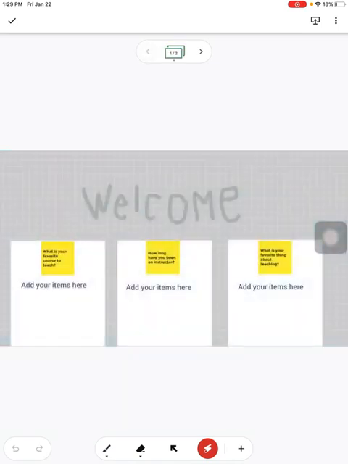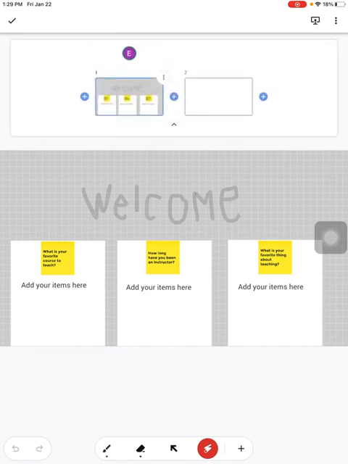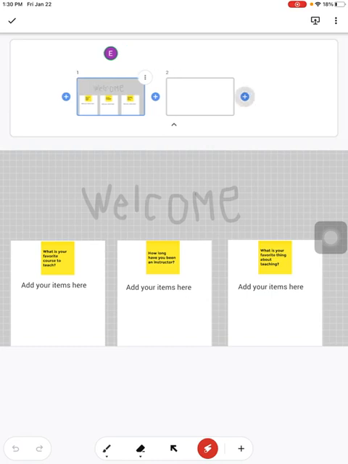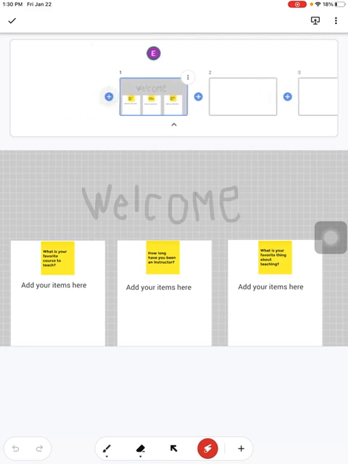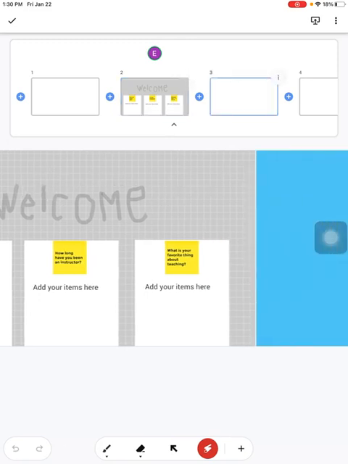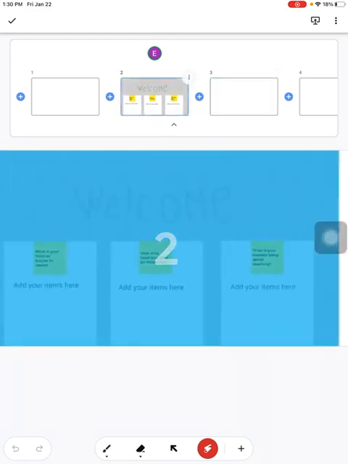But if I go back and then click where it says 1 of 1 or 1 of 2, you can see now kind of an outline of what I've got there. And a couple of things. You can obviously see where the plus signs are. You can add another board. And so it's nice because then you could say, oh, I really meant to put 1 before 1, and it'll add 1 there. Also what's nice here is that whatever slide you select, you get those